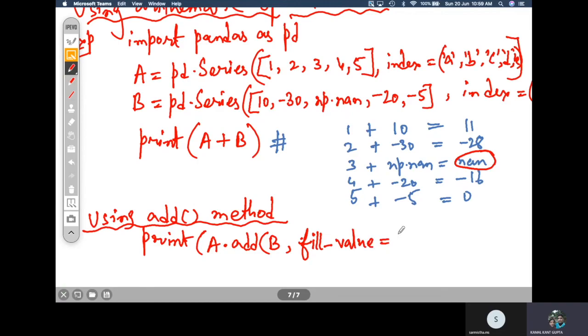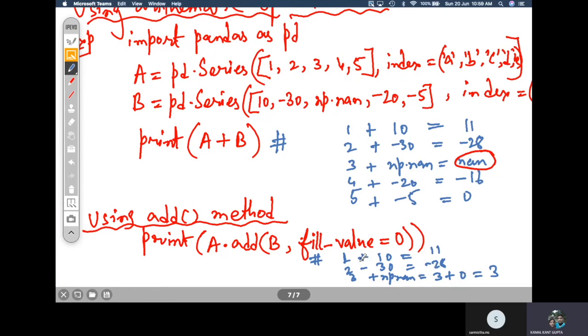If this parameter is set to 0, the addition will be done as you expected. Now it will show you the result: 1 plus 10 gives you 11, 2 minus 30 gives you minus 28, and 3 plus np dot nan now gives you 3 plus 0, that is equal to 3.